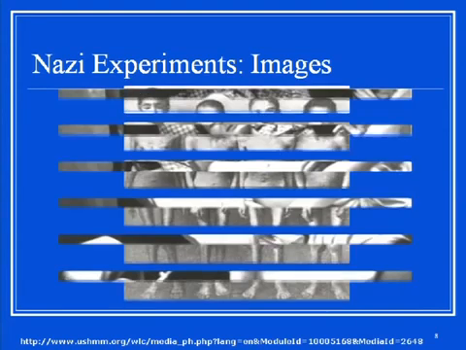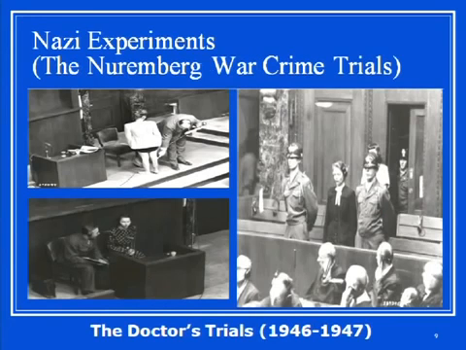Eventually, these crimes were brought to trial, and this is the Nuremberg war crime trials. It's the Doctors' Trial that was conducted in 1946 to 1947. You see images of the trial in the photos, and basically there were 22 men and 1 woman brought to trial for unjust medical conduct. There were 85 witnesses, 1,500 documents presented, and 16 of the individuals were convicted either to death or long-term imprisonment, and 7 were actually found not guilty.